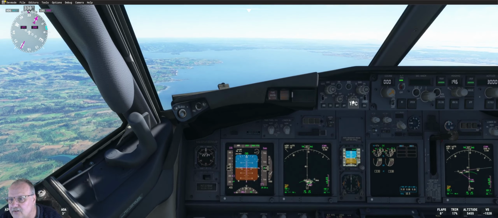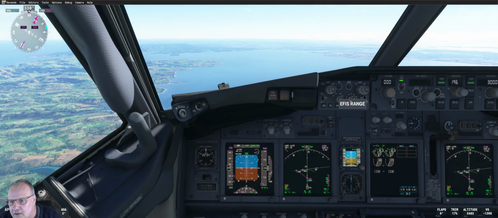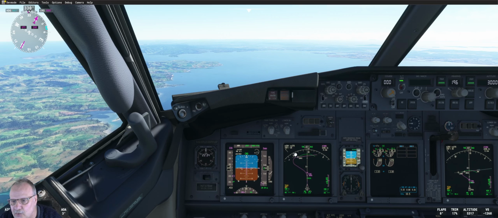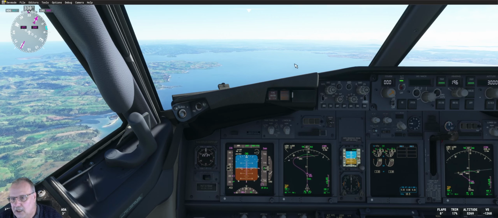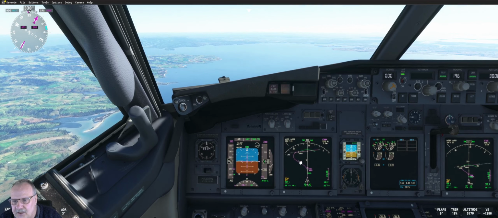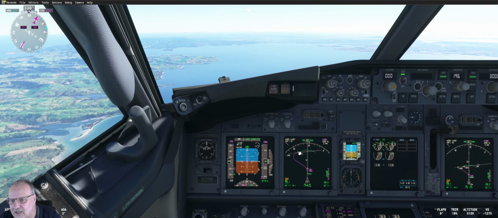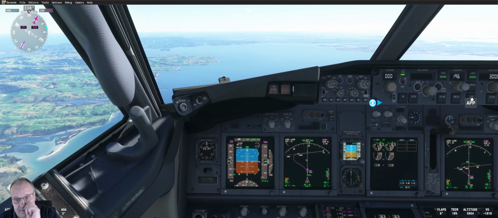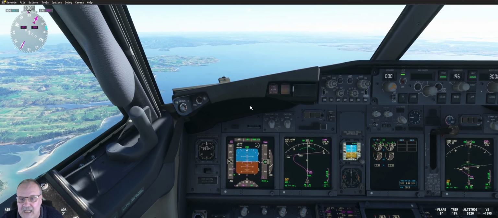Let's dial this in a bit, and get a better bird's eye view of the actual approach, so you can see we're going to come in, swoop around, and come down. As we come around here and turn back toward the airport, that's probably when I'm going to hit the approach, and I'm probably going to wait